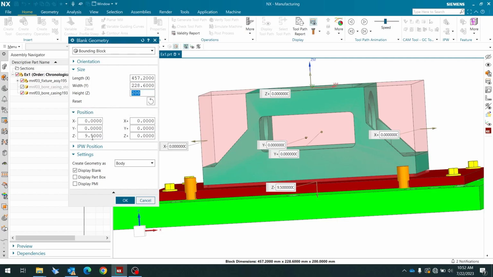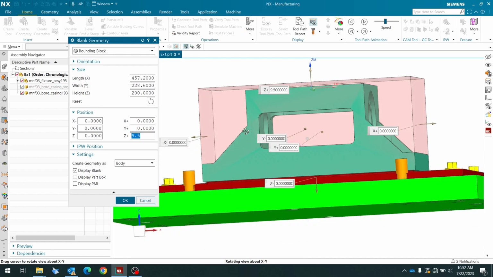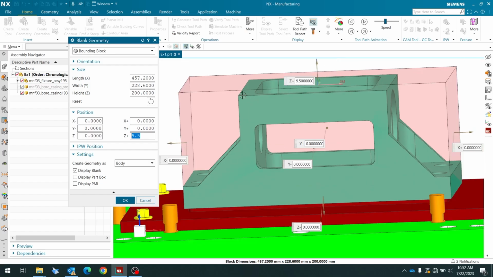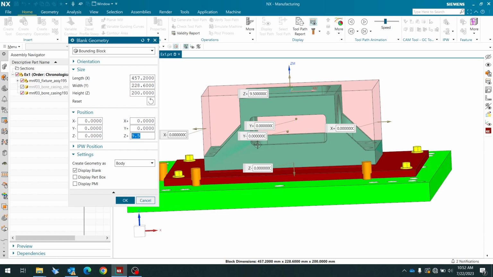I can mention in this positive Z direction I am having 9.5 as my raw material. So like this you can mention. And if you are having raw material in X direction, Y direction, you need to give length and width. Then you go for in which direction that material is axis. If you keep this display blank on, then when you hit OK,